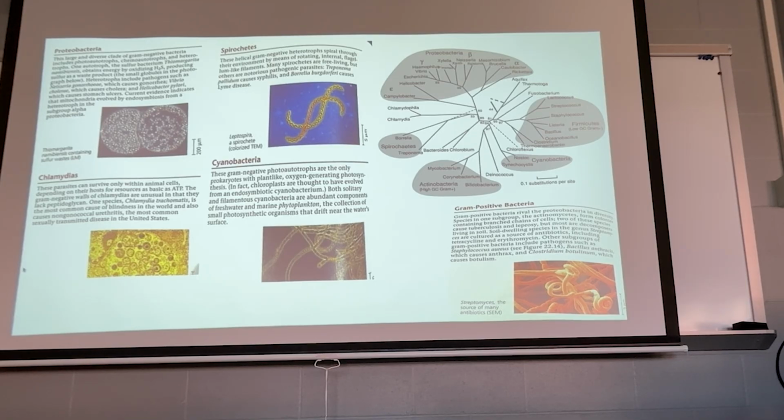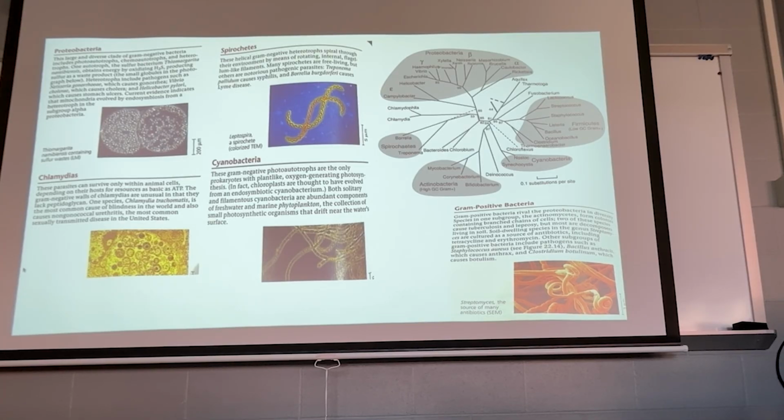When you see autotrophs, that means they make their own food, right? Heterotrophs have to ingest their food. So a photoautotroph is an organism that uses light, right? It does photosynthesis. A chemoautotroph uses chemicals, or it takes up compounds that are not often carbon-based and uses them to make energy.